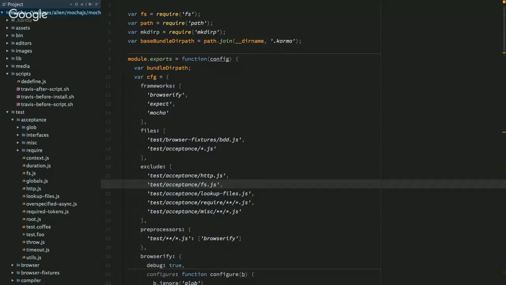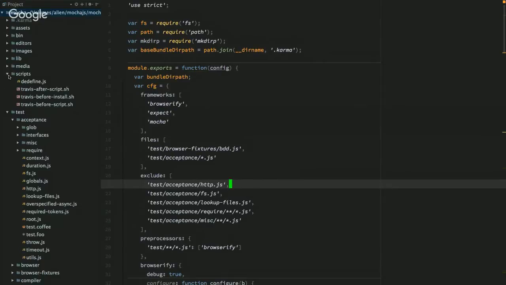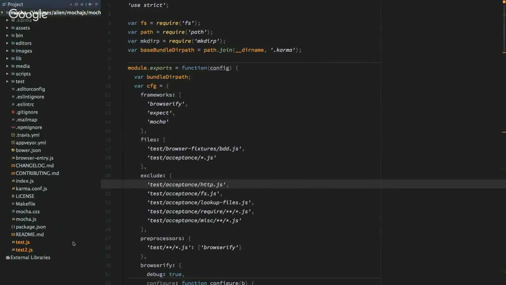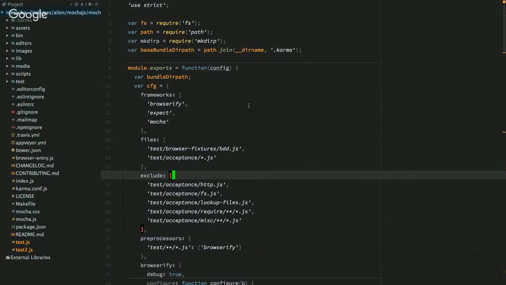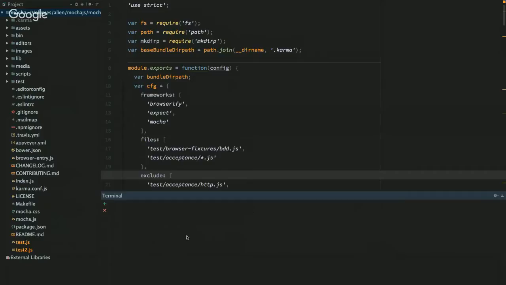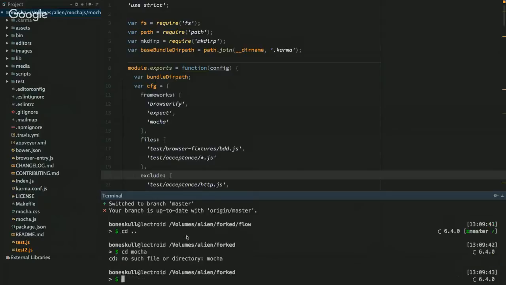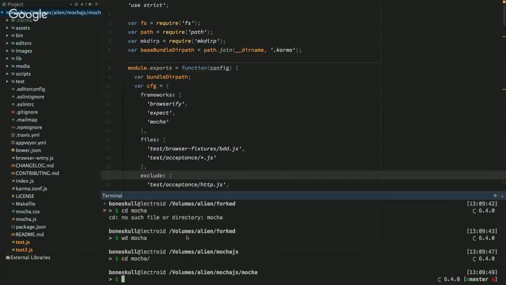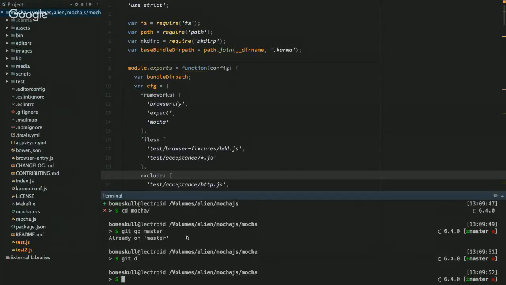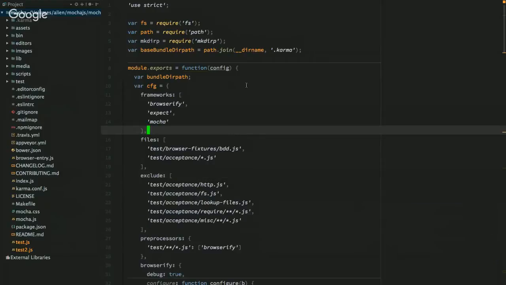Okay, so do we see my screen here? I can see. All right, awesome. Okay, so where to begin? Let's make sure that I'm in the correct branch. All right, so